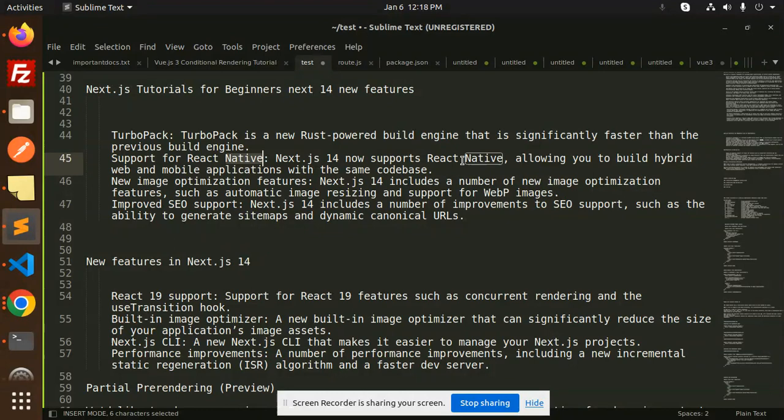Next.js 14 now supports React Native, allowing you to build hybrid web and mobile applications with the same code base. New image optimization features: Next.js 14 includes a number of new image optimization features, such as automatic image resizing and support for WebP images. Improved SEO support: Next.js 14 includes a number of improvements for SEO, such as the ability to generate sitemaps,